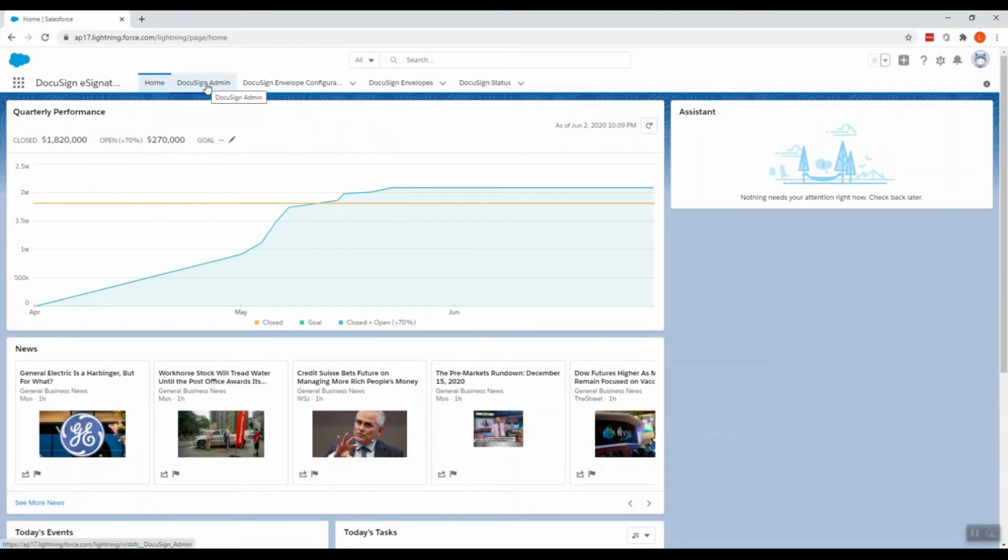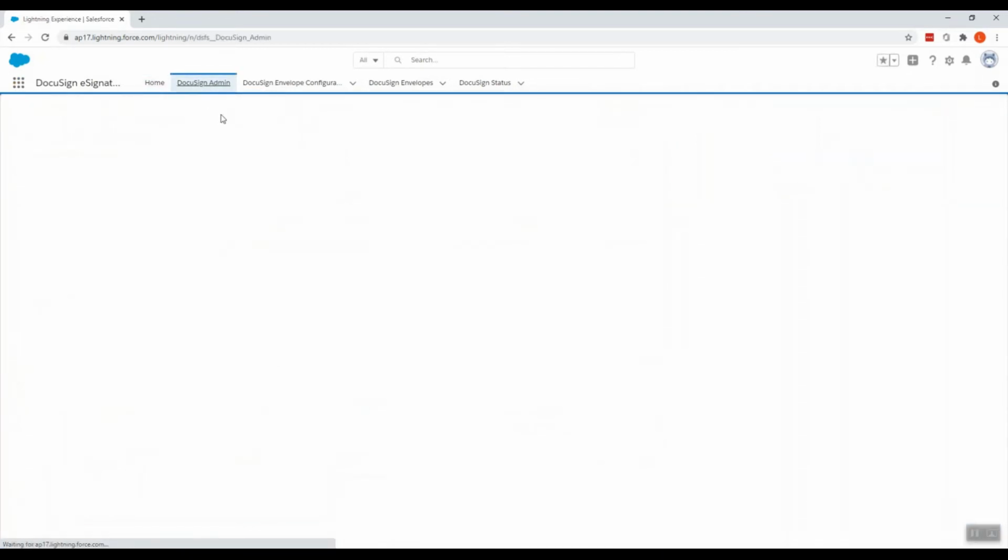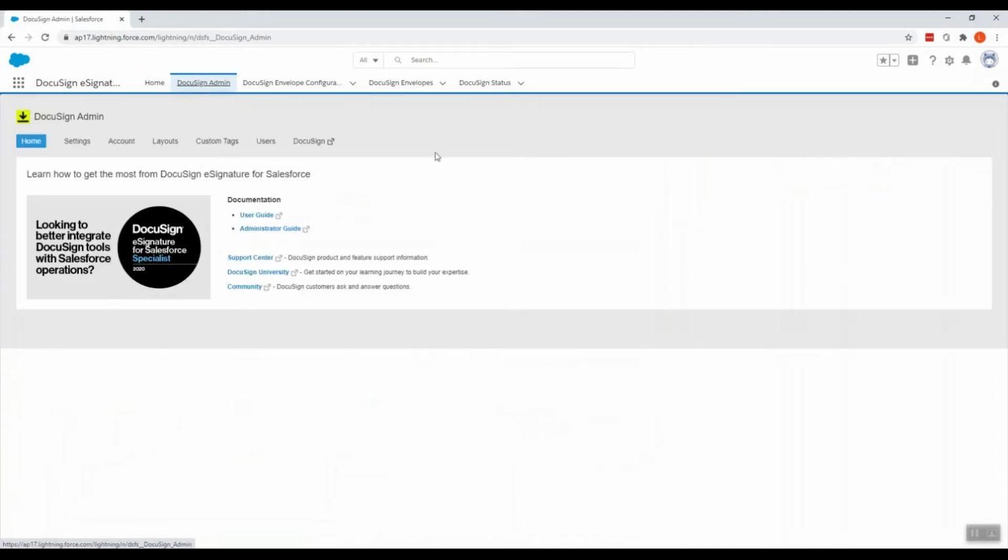Then we'll click on DocuSign admin over here. Once we click on this, there are two paths directing us. We can complete the appropriate login or sign up by selecting the appropriate situation. Since this is my demo account, I have already selected demo and I have already logged in to my DocuSign account. You can select whatever is appropriate for you. Also, when you click sign up for free trial, it creates a new account with a complimentary 30-day free trial. Note that the free trial account is automatically directed to the DocuSign production environment.